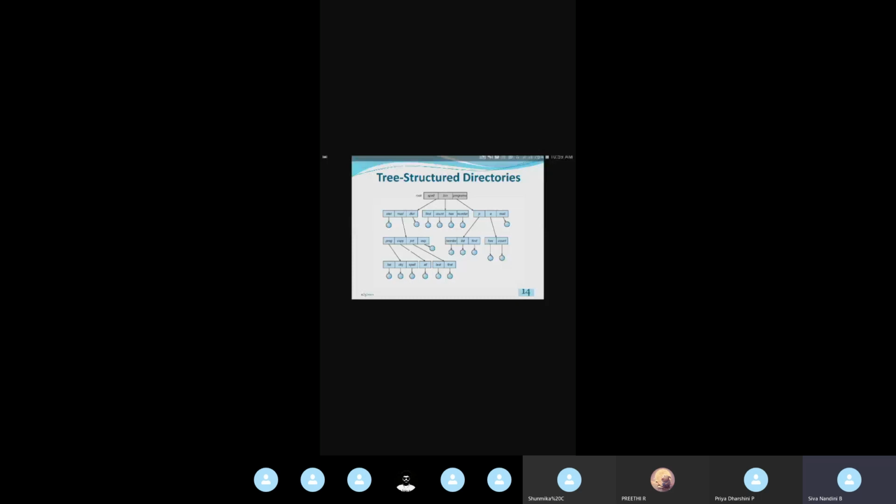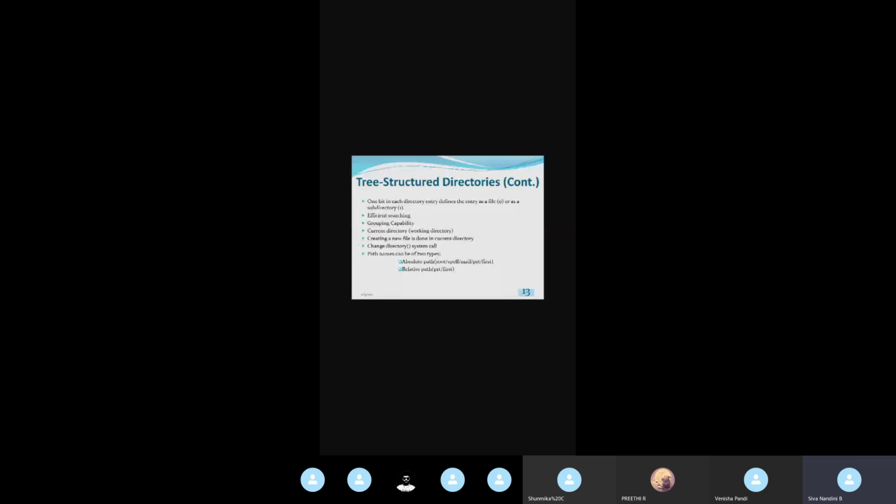See here, this first file is available under which directory, which subdirectory? PRT. So before this first file, I'm having a directory PRT. This PRT belongs to another subdirectory mail, and this mail belongs to another subdirectory spell. So if I need to specify the path name for this first file in terms of absolute path name, I'll be specifying it from the root directory. That is here, it is root spell mail PRT first.